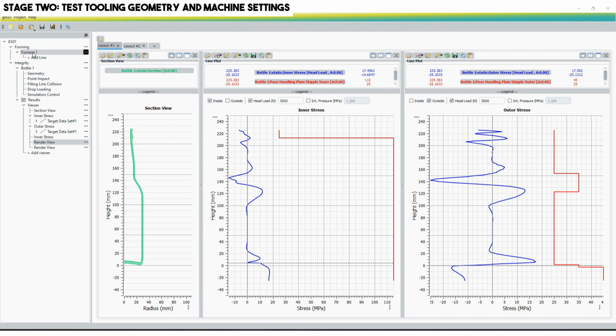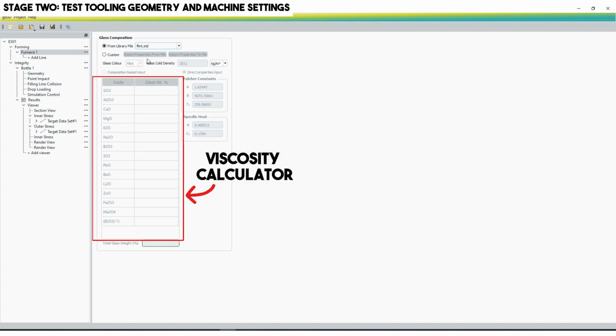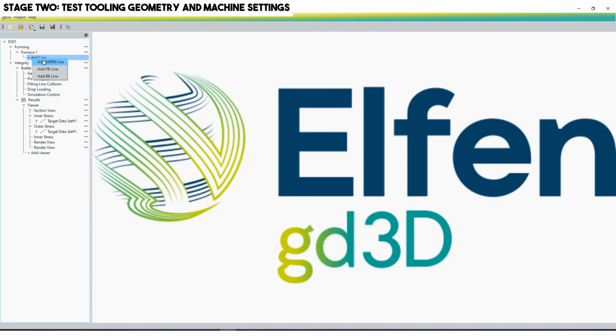Navigate to Furnace in the Forming section and select the material properties for this project. A predefined glass mix is chosen in this example. However, a viscosity calculator based on oxides is provided if required. Now create a narrow neck press blow line by selecting Add Line,